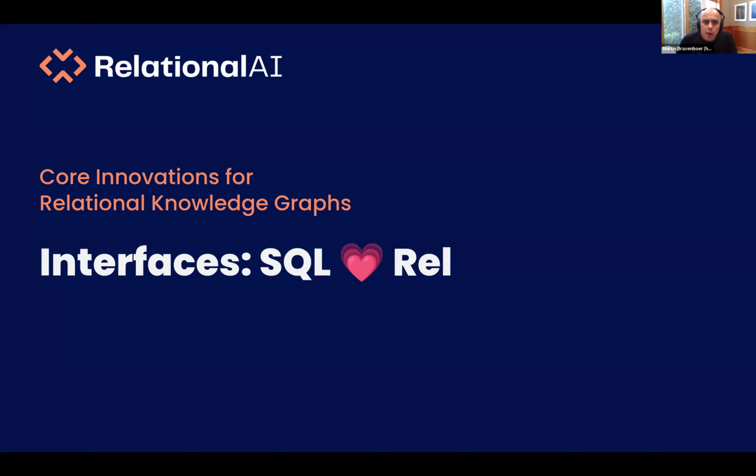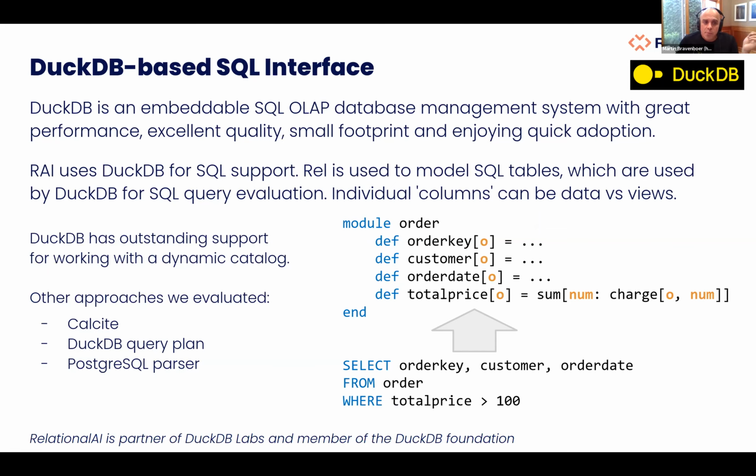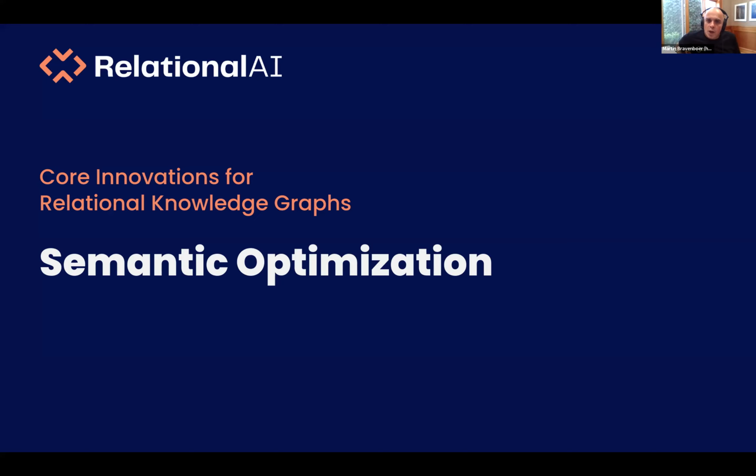All right, so I'm really going way too slow, so I'm going to skip over some sections. As I mentioned before, we're doing a DuckDB interface. We love DuckDB. I saw some people in the room already from DuckDB. We have a collaboration ongoing where DuckDB is the SQL interface into our system, and we have a prototype working where I think the TPC-H queries at this point all validate. We're very excited about the collaboration. It's going well. It's a very solid product that we're very happy with. So yeah, I'm going to skip the next. So semantic optimization is probably the most interesting part.